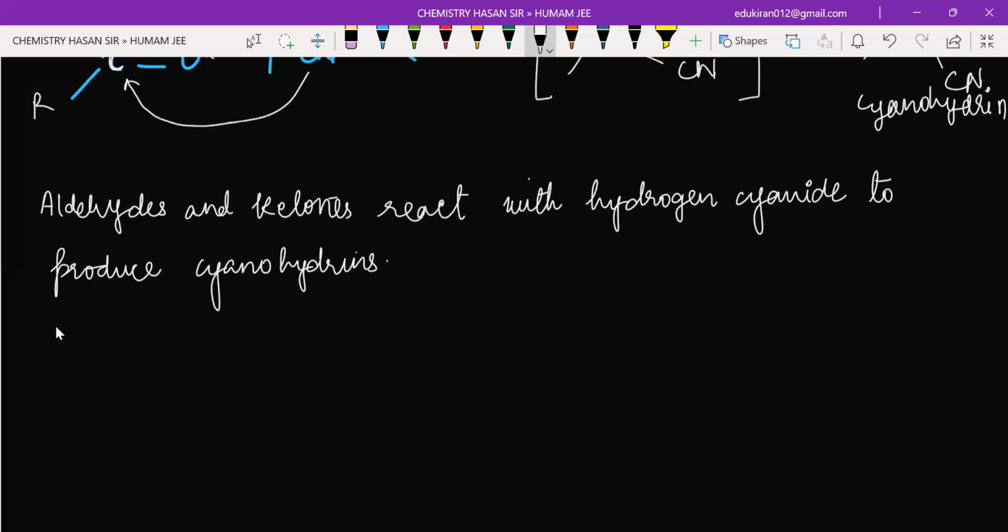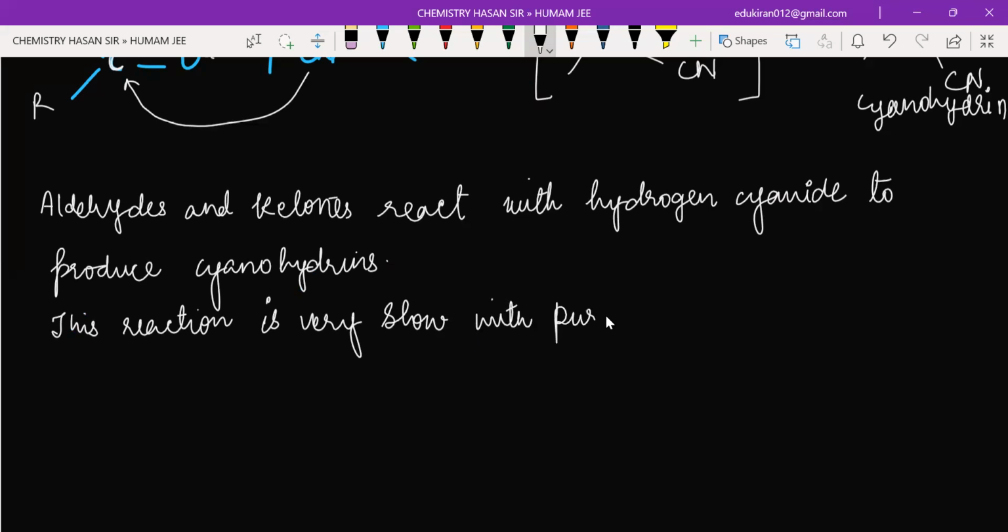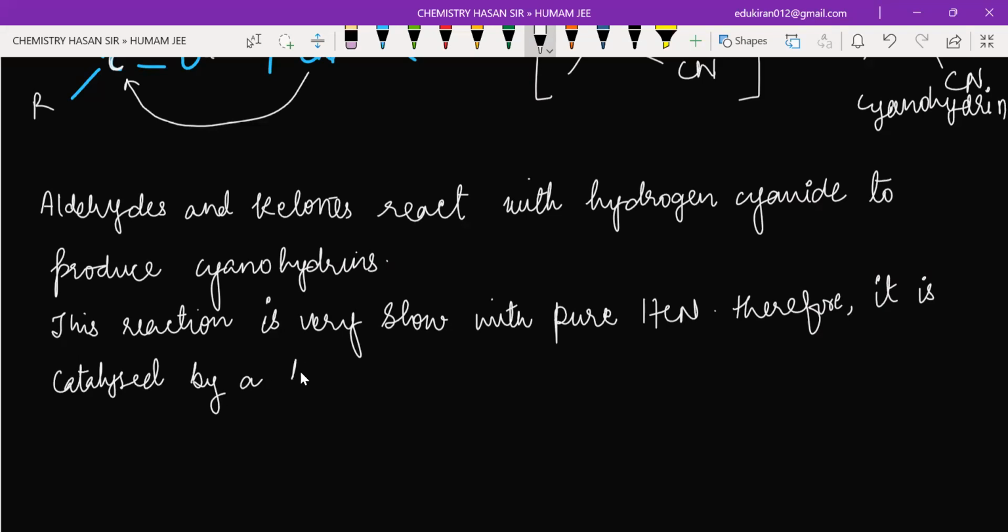Basically, this reaction is very slow when you are going to use pure HCN. So this reaction is very slow with pure HCN. They can ask you this question as well. Therefore, it is catalyzed by a base